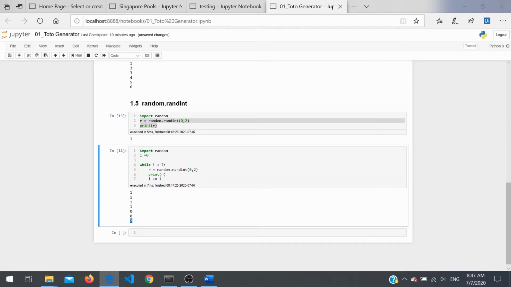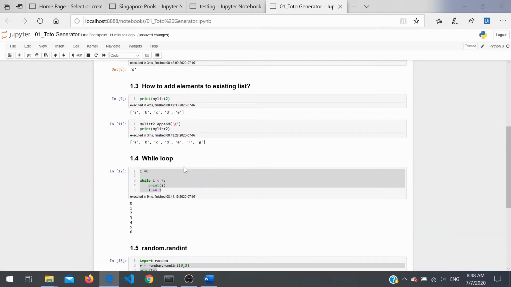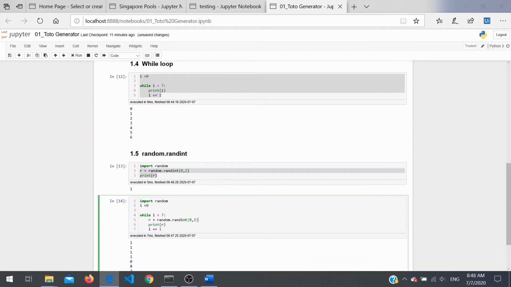As you can see here, rand integer between 0 and 2, we'll see that we have 0, 1, and 2. Therefore, these two numbers are inclusive inside this random integer. Now that we have some basics of what we'll be using later on, a list, while loop, and a random integer, let's go to our codes here